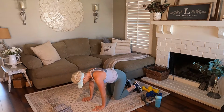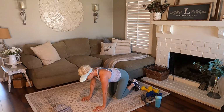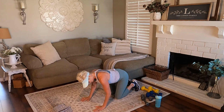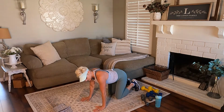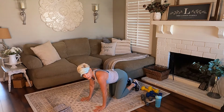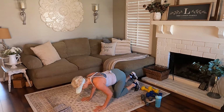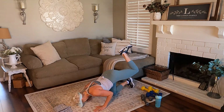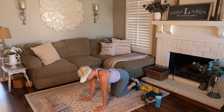All right. So you're in that push-up form, or excuse me, all fours position, and hands just a little wider than those shoulders. So you're going to bend your elbows towards your thighs, come down, and come back up. Now, while you're doing that, you're going to alternate a rear raise and come up. So you're going to go down and up. Shall we? Here we go. Down and up. Bend those arms. Keep those elbows drawn in